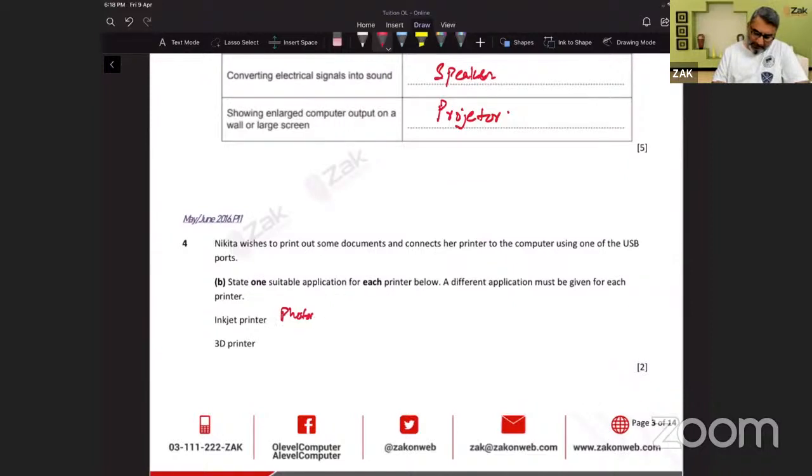फोटोग्राफ्स आप प्रिंट कर सकते हैं. A different application है फोटोग्राफ्स प्रिंटिंग. और दूसरा आप इसमें लिख सकते हैं कि डॉक्यूमेंट्स प्रिंटिंग, लेकिन लेस क्वांटिटी. ठीक है ना. 3D प्रिंट. तो इसमें आप लिख सकते हैं कि 3D प्रिंटिंग में आप क्या कर सकते हैं, आप लिख सकते हैं मॉडल्स, 3D मॉडल्स,